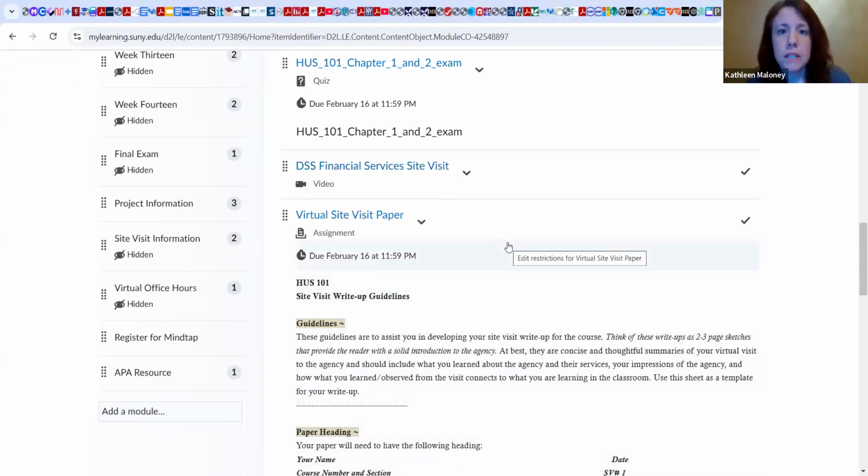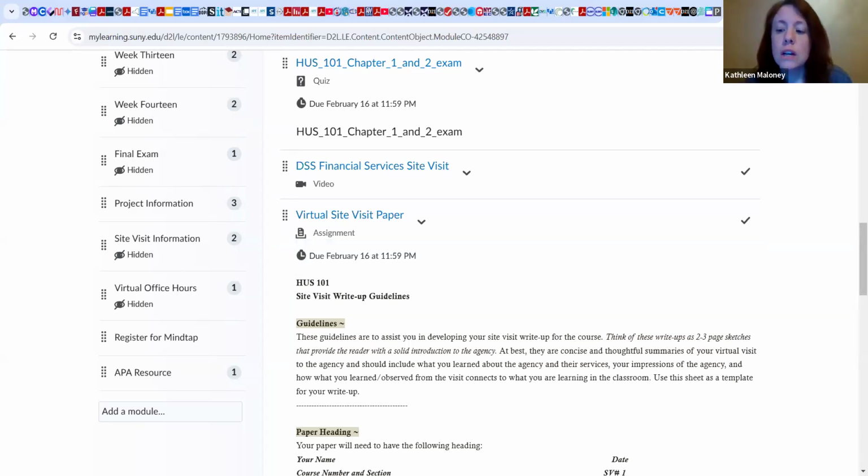visit is with the Franklin County Department of Social Services. In this site visit, you will be learning about the financial services that are offered through the Department of Social Services. So for example, TANF, Temporary Assistance for Needy Families, SNAP, Supplemental Nutrition Assistance Program, among others, okay? In future weeks, you'll also visit the Department of Social Services again, but you'll be visiting the Child and Family Services unit, in which you'll learn about CPS and foster care. Those will be different staff that you will be learning about.